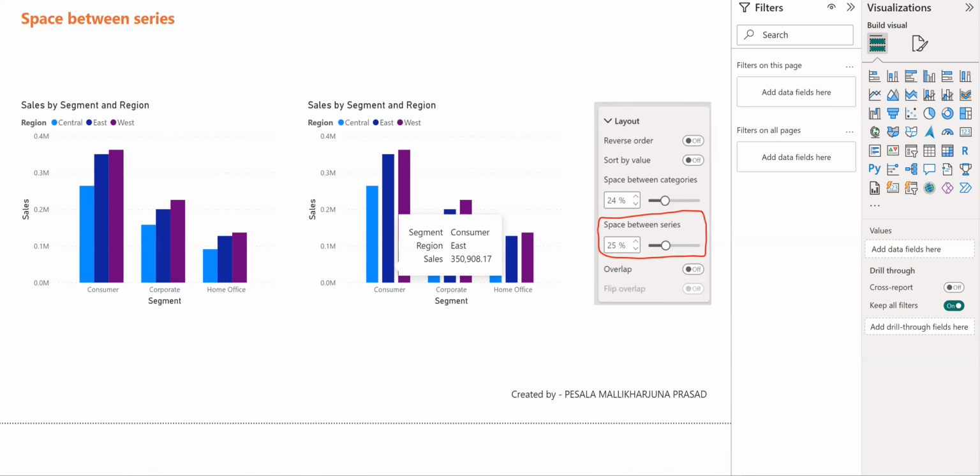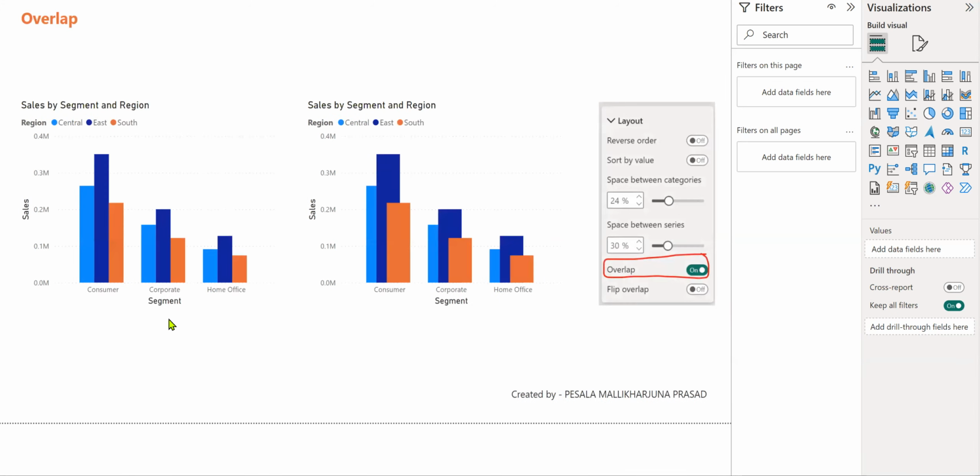And this overlap option is the earlier facility that we had. This is the overlapping option, inspired by IBCS style, where you can overlap the columns using the overlap option in